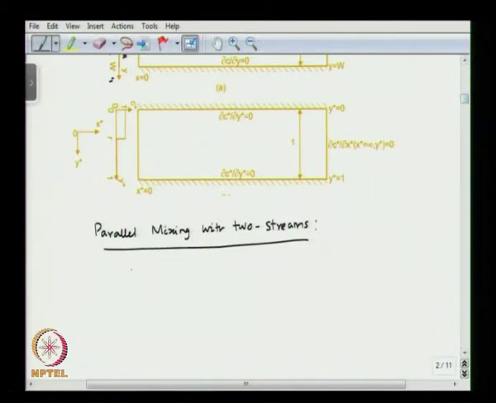So, we define an interface location R, which will be proportional to the mass fraction of solute in the final mixture,